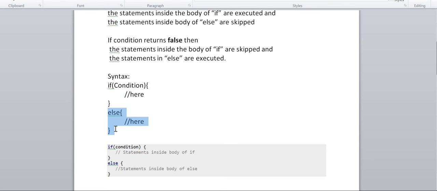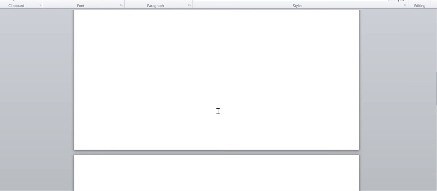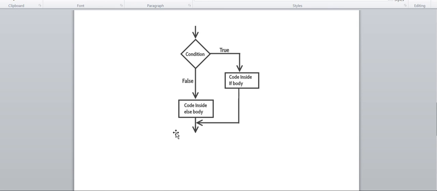And if you're using else in the case of multiple statements without curly braces, then that can throw a compiler error. So this is the syntax where you need to write if, and in parentheses you need to write the condition. Here you will write the statements which you want to execute if the condition is true. If the condition is false, then you need to write the statements here in the else body. Okay, hope you understood the syntax.